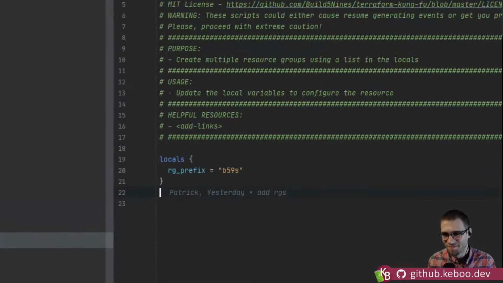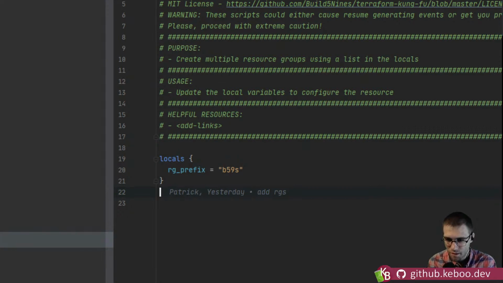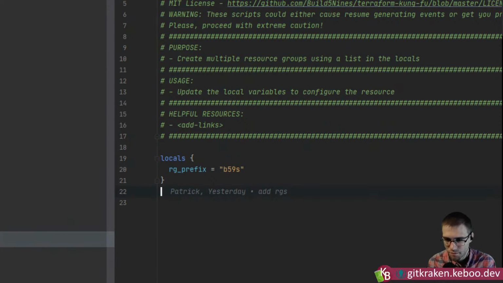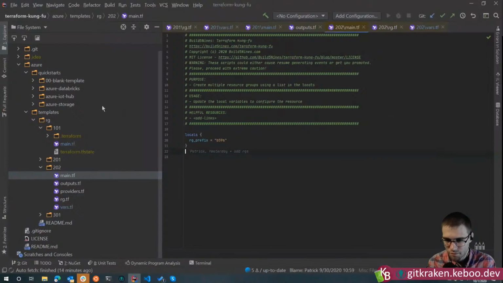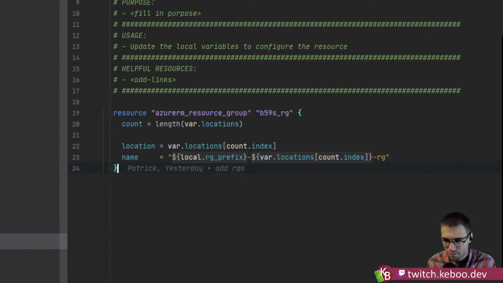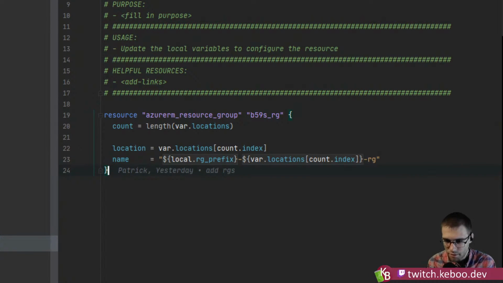Well, and then here we have a local again, right? And this idea of prefix is also interesting, in the sense that we had this prefix where we said, maybe you always have something that's a part of a name or something like that. So we use something called an interpolation, right? Like that's what we're seeing in that name. Because the name is ultimately a string. I mean, you see the quotes around it, and in my IDE, you can see the parts of the string are in kind of this orangey amber color, right?